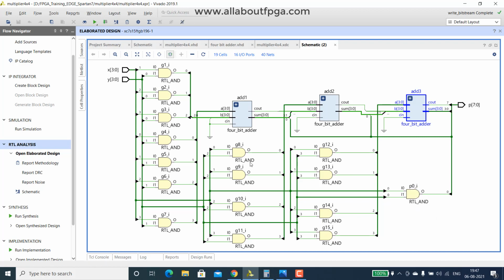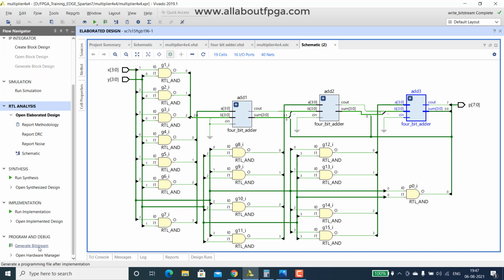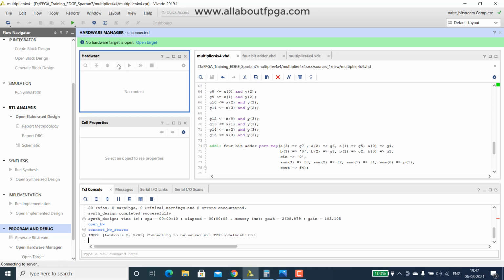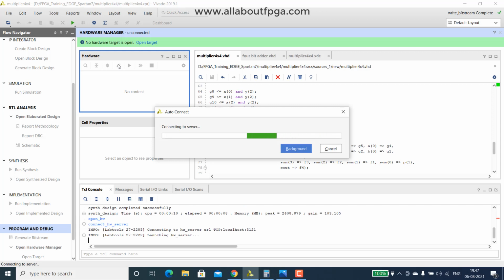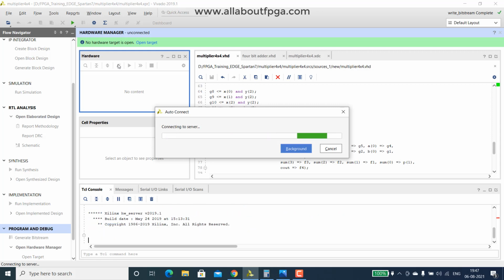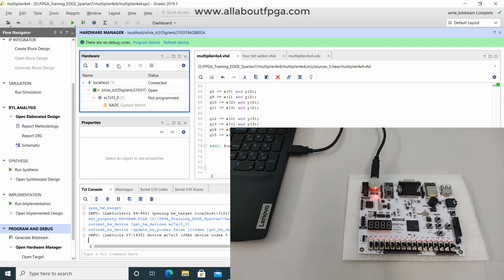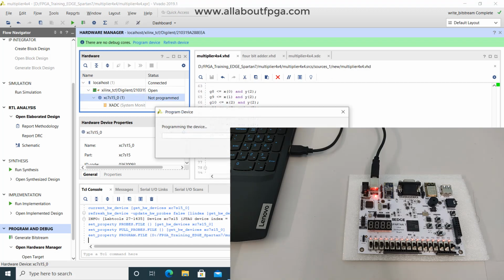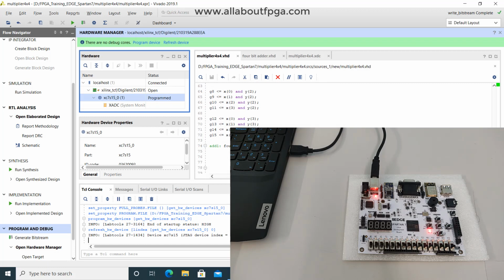So this is the structural model that was created. So we can open that. Next we do auto detect and do program. As you can see, the program gets downloaded.